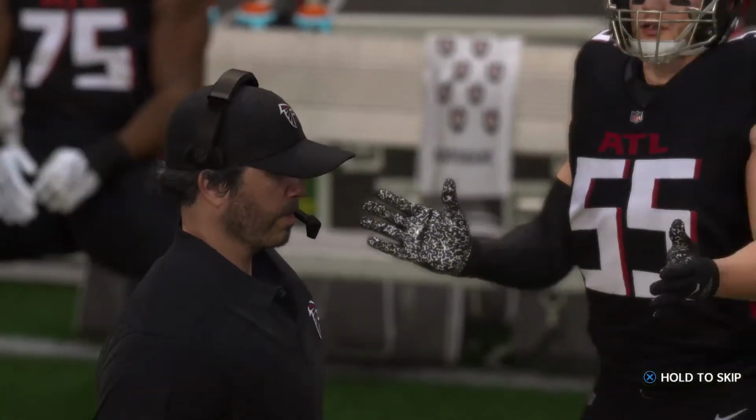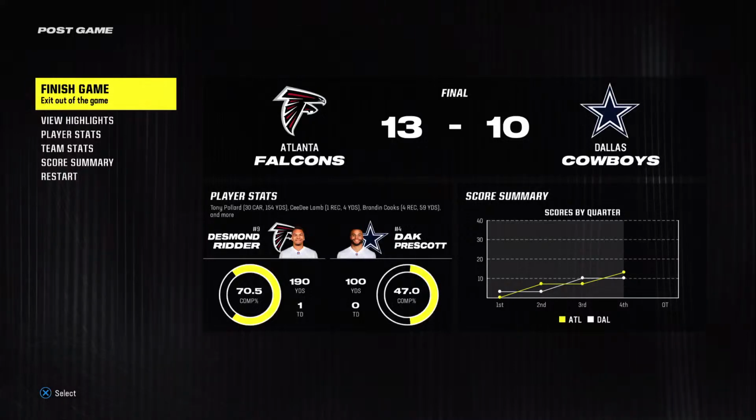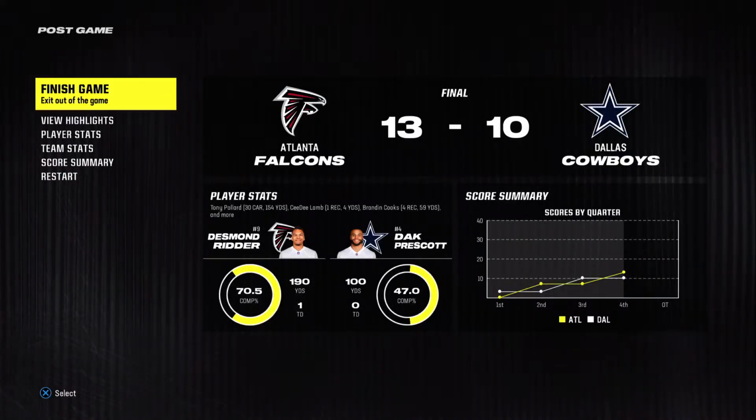Charles, in these lower scoring games, you know it better than anybody. Points are at such a premium, but taking care of the football is king. They played turnover